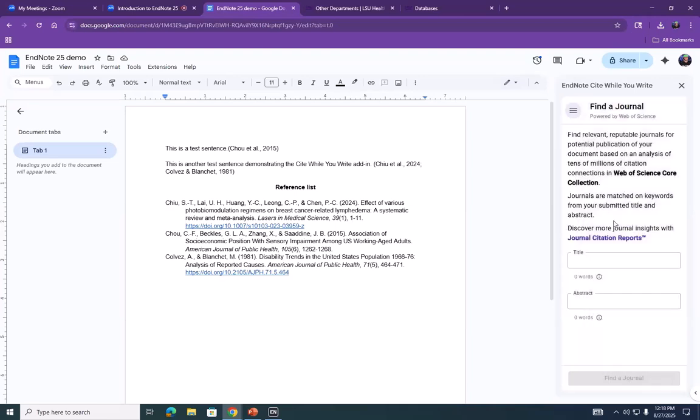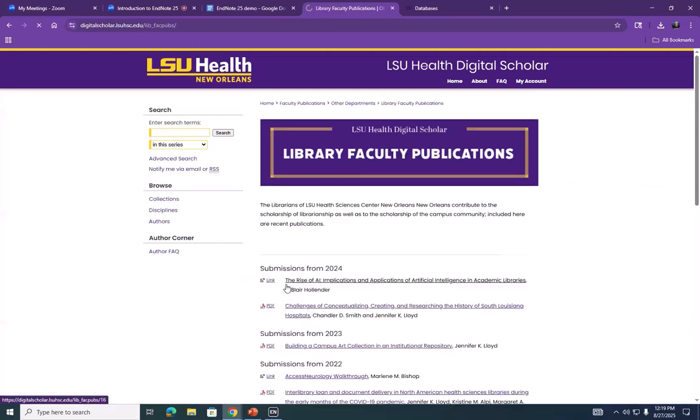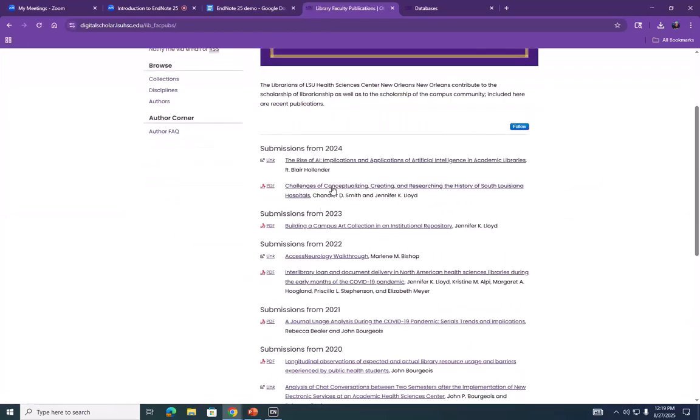It operates similar to Jane, which I pointed out earlier, which is like a journal author name estimator. You can copy a title, an abstract, like a working one or whatever, and find journals it determines that would be relevant to you. I tried this yesterday with my poster I made for a conference in SEC. This is the OSU Health Digital Scholar Institutional Repository, where you put all your publications in. I'm going to use my poster from last year,